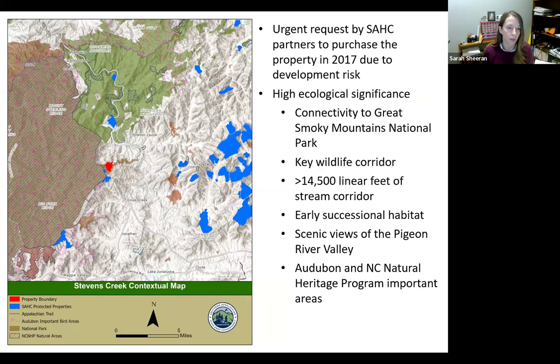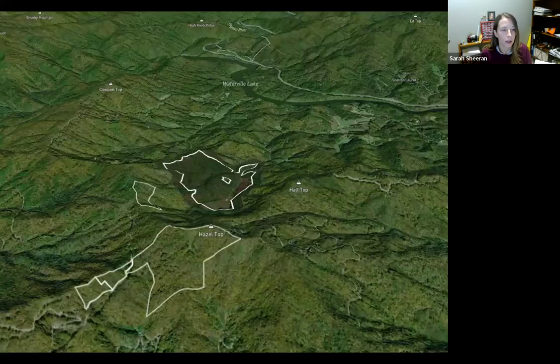I just want to show you some other things on this map. You can see the blue tracts are all either SAHC-owned properties or SAHC-held conservation easements. The property shares over 7,000 feet of boundary with Great Smoky Mountains National Park. It's located at the northern end of Cataloochee Ridge in Haywood County. Approximately 3 miles of streams flow across the tract and eventually drain into Waterville Lake. If you go to the next slide, Justin,